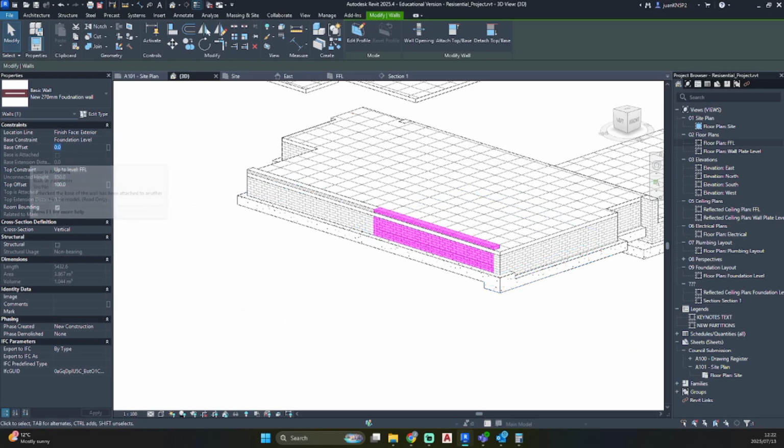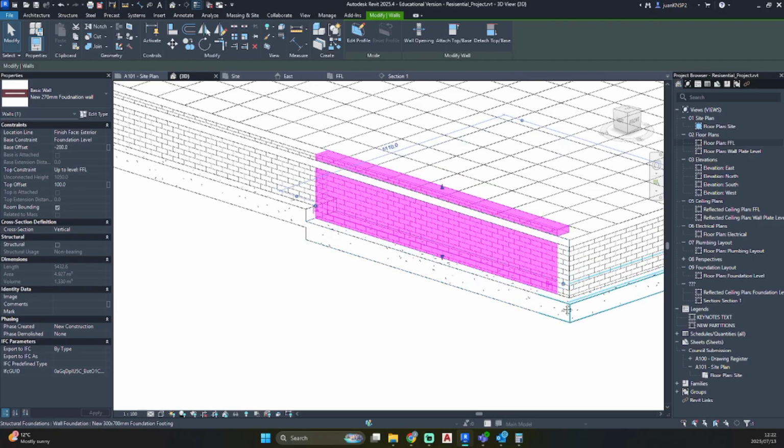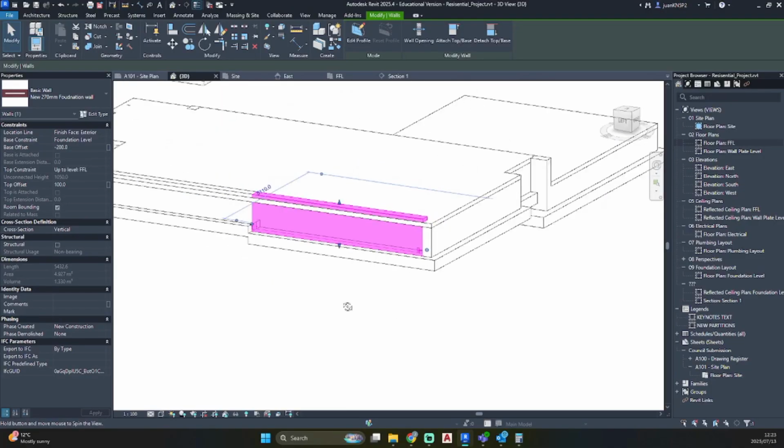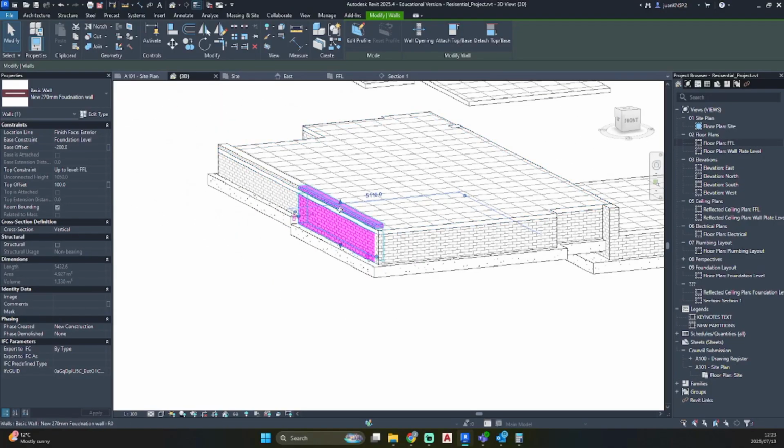So under the properties panel, by base offset, go minus 200. And you'll see that it has now aligned with the other foundation. So now we don't want this step up anymore, and we could just go to top offset under the properties panel and make that 0 again.